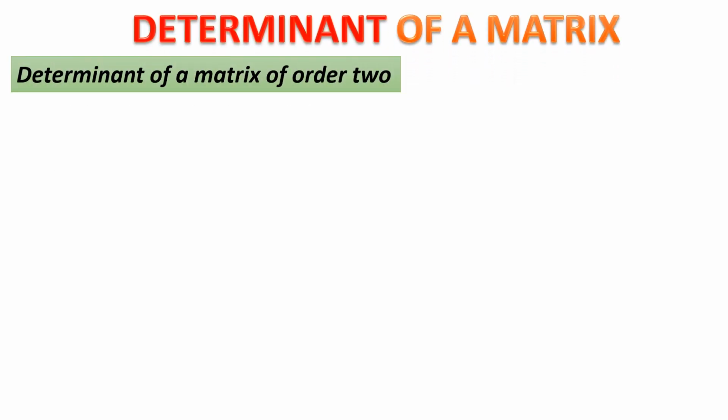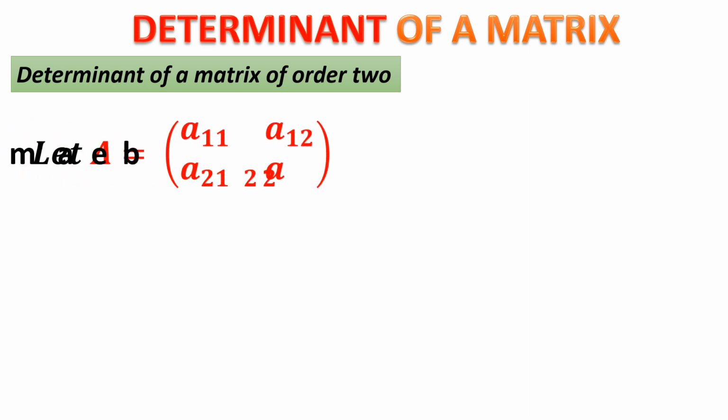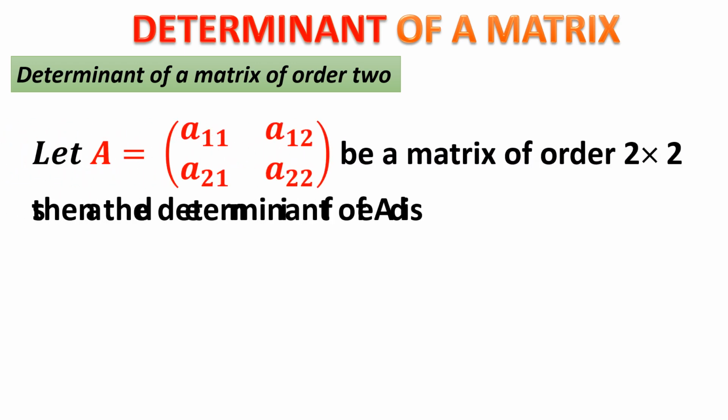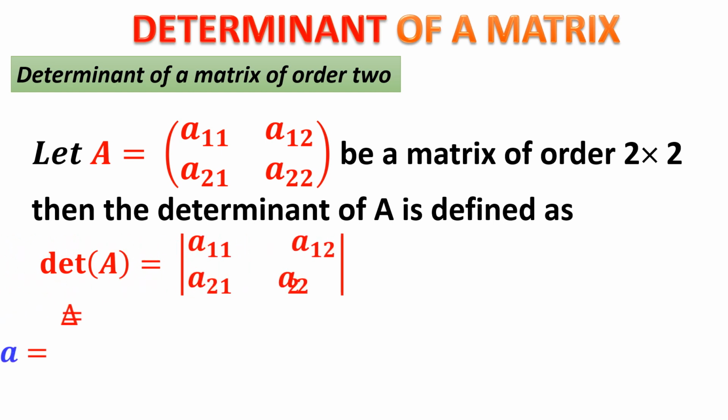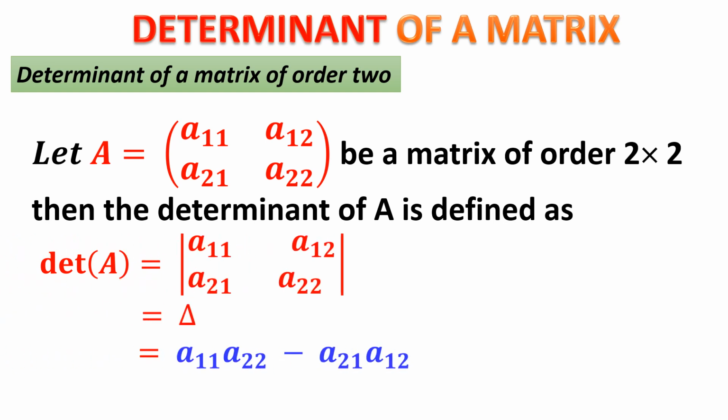Let us go to determinant of a matrix of order 2. We are taking A11, A12, A21, A22. Then the determinant is defined as A11 A22 minus A21 A12. How it is being multiplied? You just see the elements in the major diagonal are to be multiplied first, minus the elements in the other diagonal. A11 multiplied with A22 minus A21 multiplied by A12. You should be very careful with this order. This is the value of the determinant A.